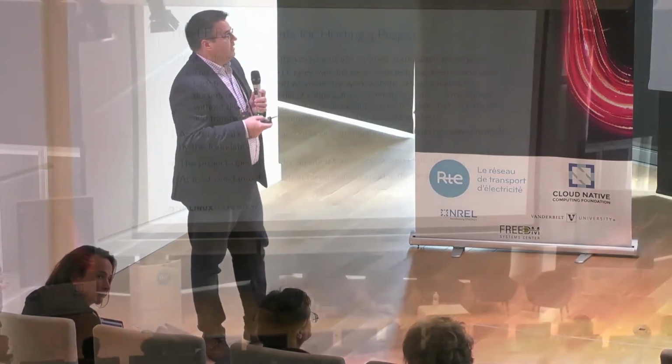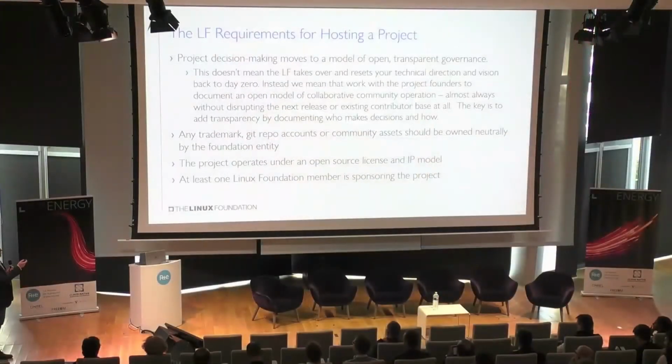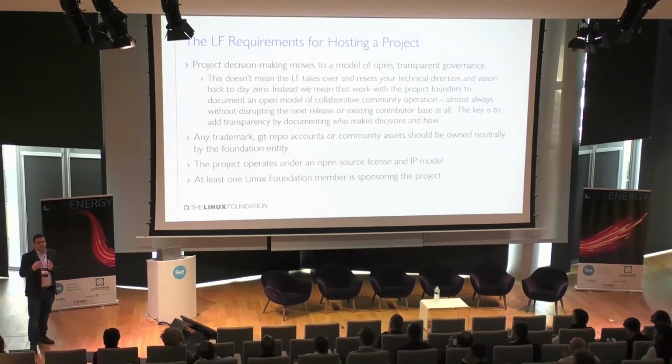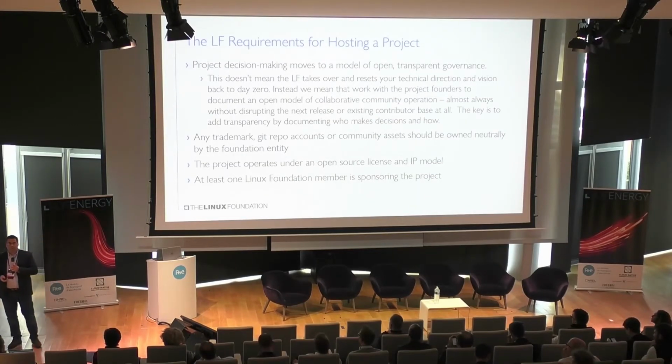First and foremost is make sure that project is getting a release out, that it's stable, that bugs are being fixed, that security issues are being addressed. Any trademark, Git repo accounts, any of the core assets of the community are generally owned by the foundation. Again, just to make sure that's neutral. The project needs to operate under an open source license and IP model. Open source licenses are generally identified by the OSI, the Open Source Initiative, and then also the Free Software Foundation has a list of what they consider free and libre